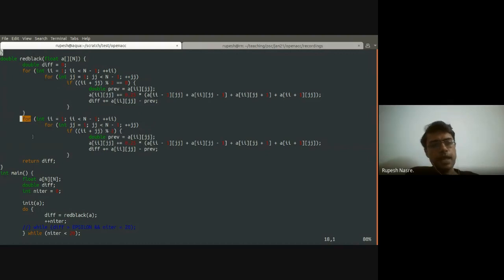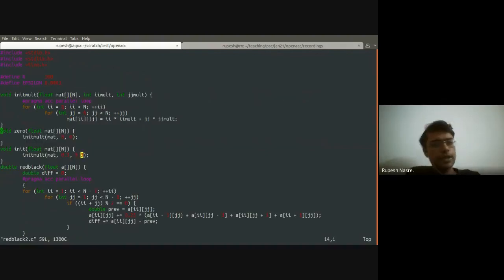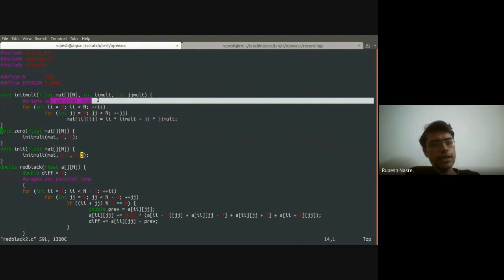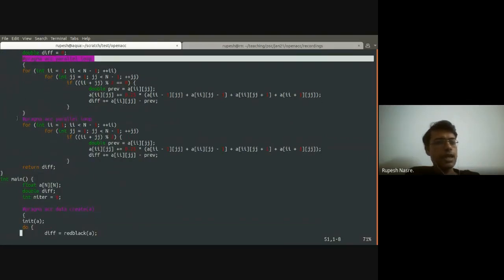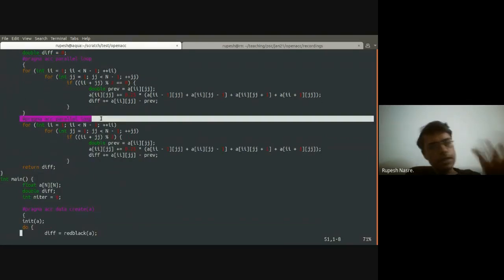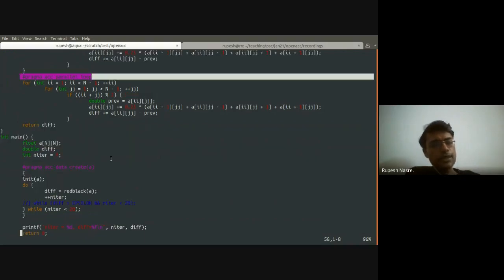So parallelizing that is going to be kind of straightforward. It's just that we'll have to make sure that we do it. I'll just show it in this particular example. Maybe for the next example, I'll not show that too. So the first aspect that I do is, of course, the initialization I can do with a parallel loop. And then as far as the red-black part is concerned, these two for loops, I'm going to just add #pragma acc parallel loop, and that should take care of parallelizing.